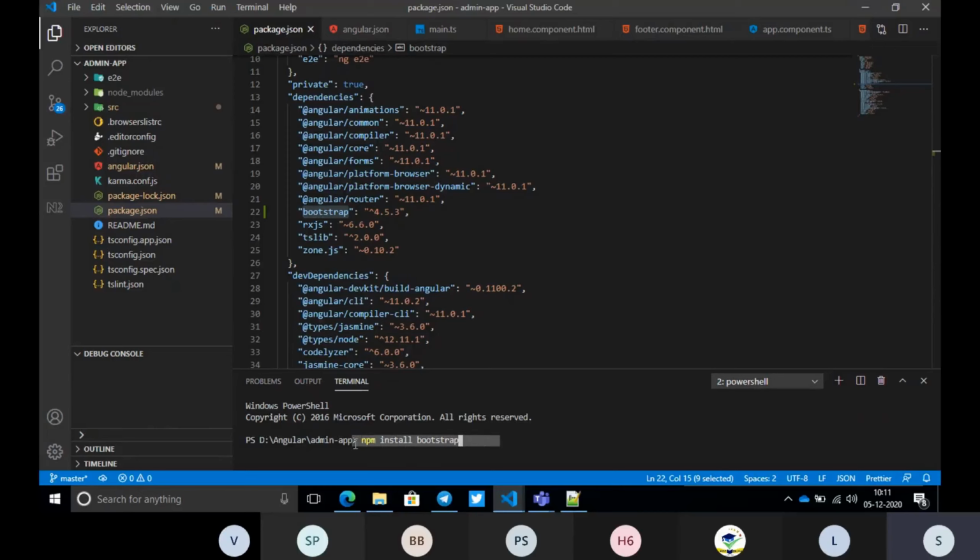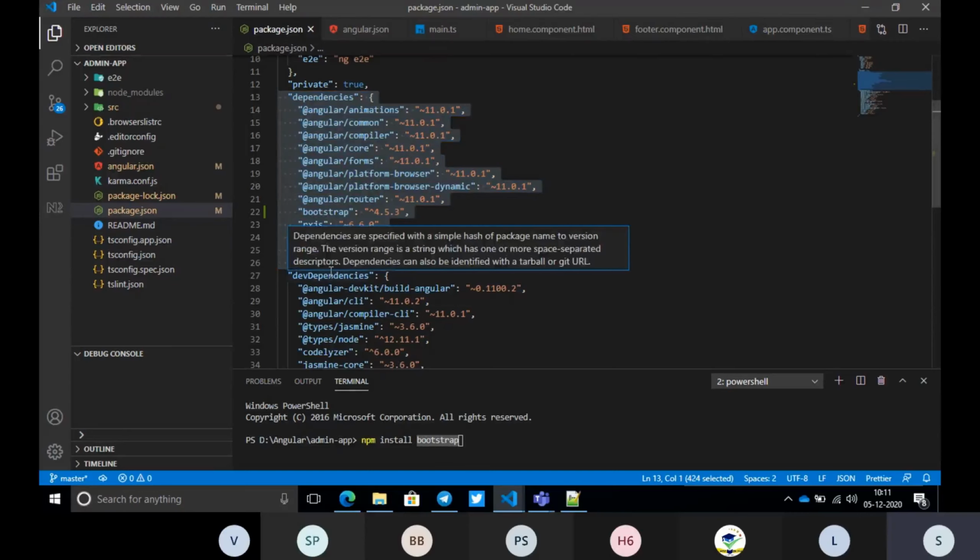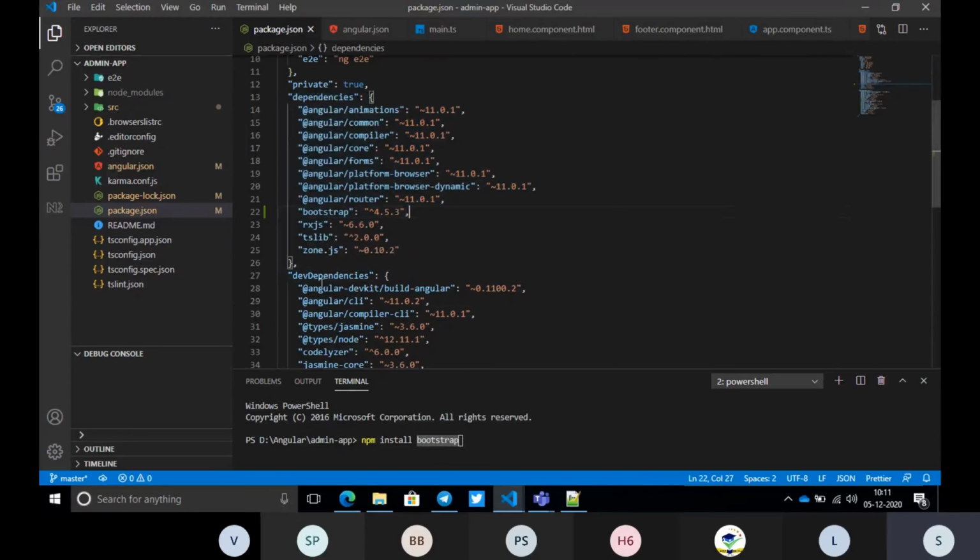What will happen is it will install this library into our project, and the name will be added to the package.json automatically by the terminal. Angular also adds the project's modules into our dependencies automatically. If you want to do it manually, we can do it, and we can also ask Angular to install it. So both ways are possible.